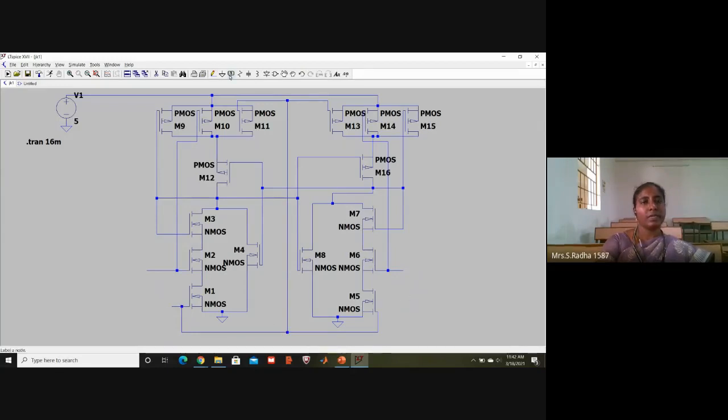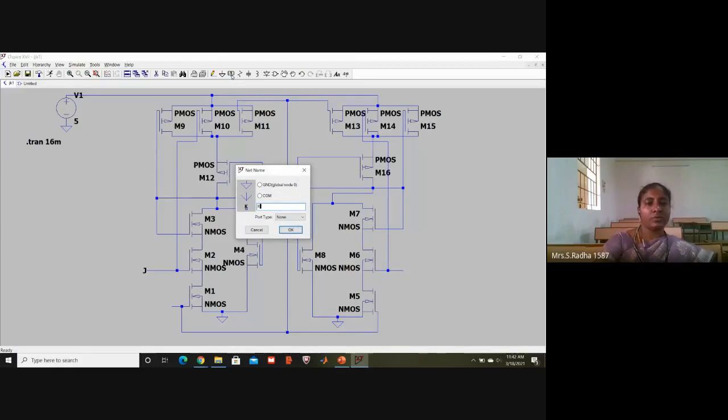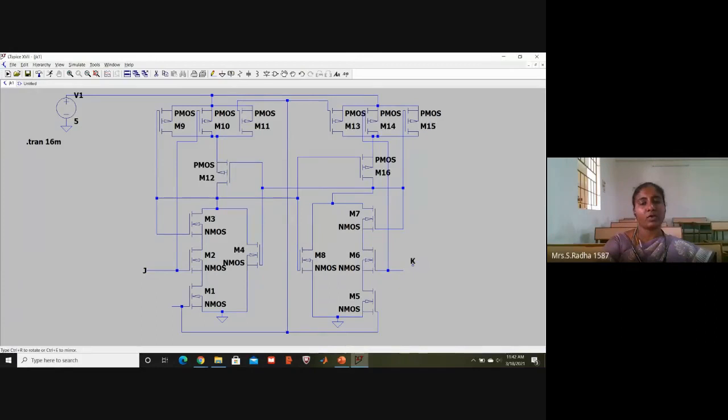I will put labels for them. One is J caps, and you should bring and touch the square to this line. Okay, only then that label is kept properly. Otherwise, you will find an error in future design. Second input, K input. I am taking a label. You see the square coming along with the K name. That square should be fit to this line, otherwise an error will come in future. You will not get output.